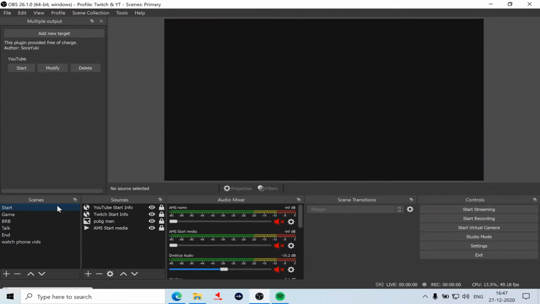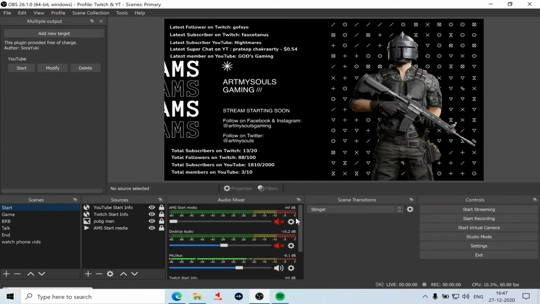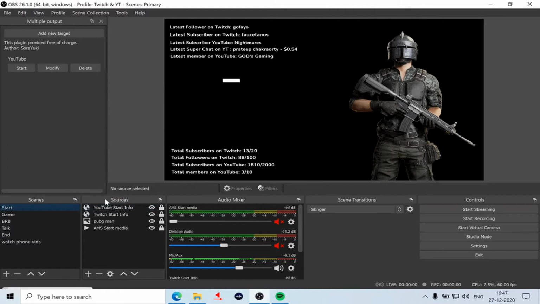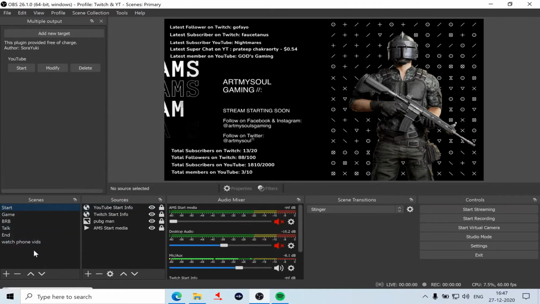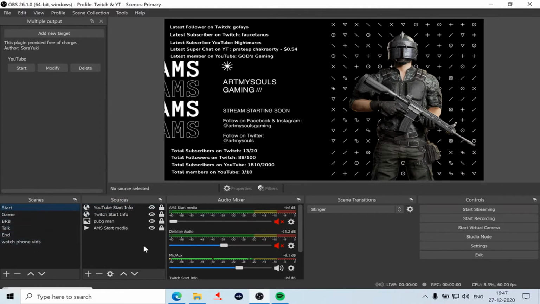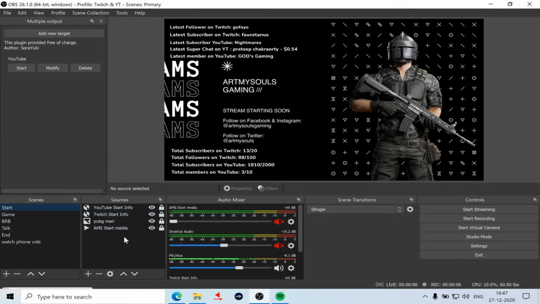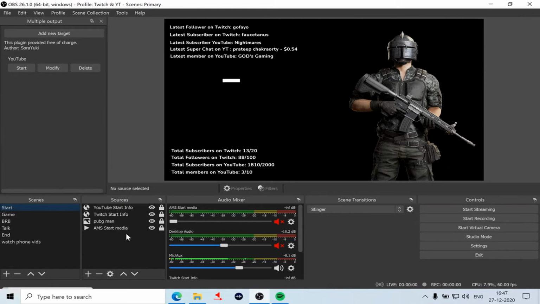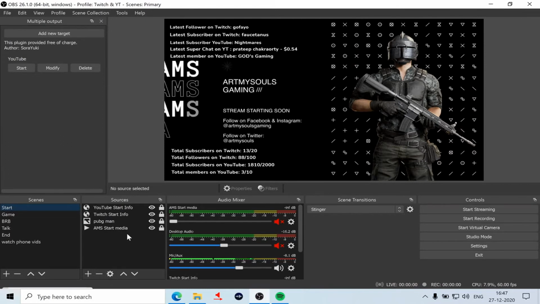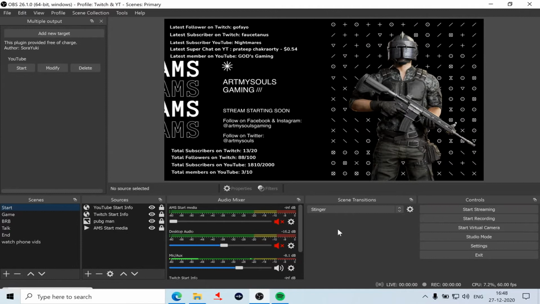Along with that, you see a lot of options in the audio mixer. For any doubts that you have about the scenes part and the sources part, as you move on, you can always let me know in the comment section, and I'll try to address all your doubts if possible. If I have any queries myself, I'll make sure that I get the right answers for you. Now moving on to the audio part of it, the audio mixer.